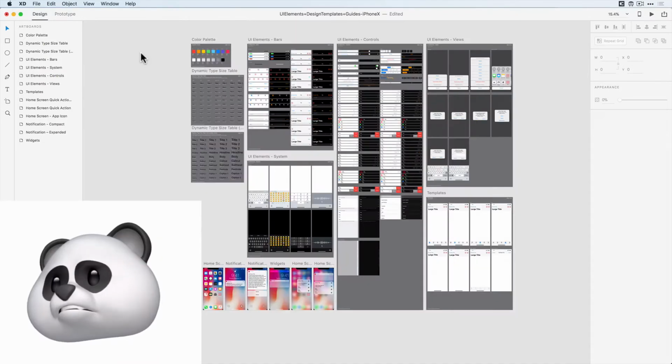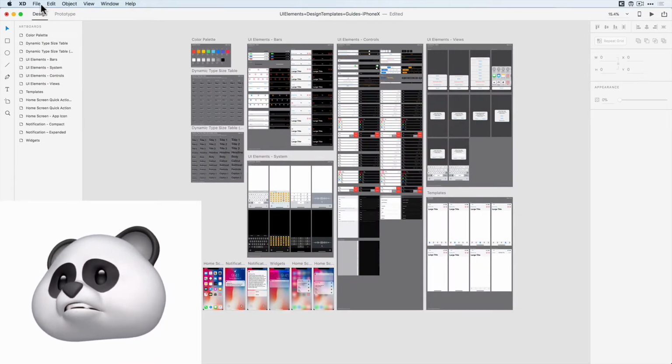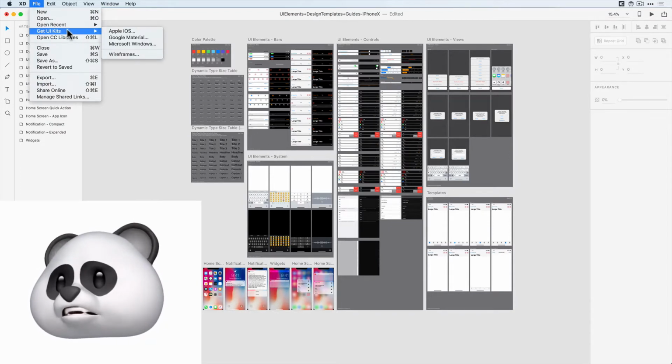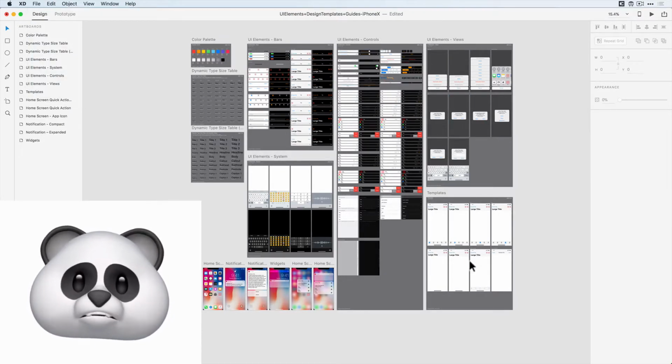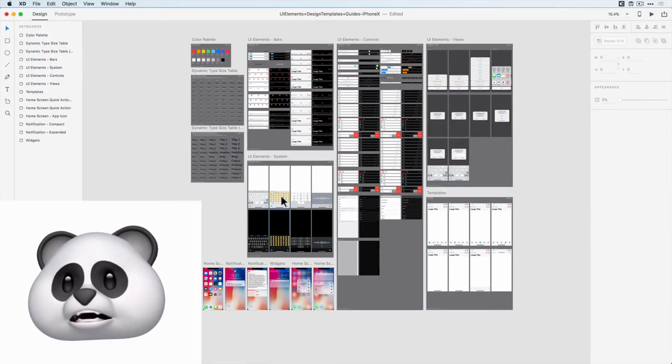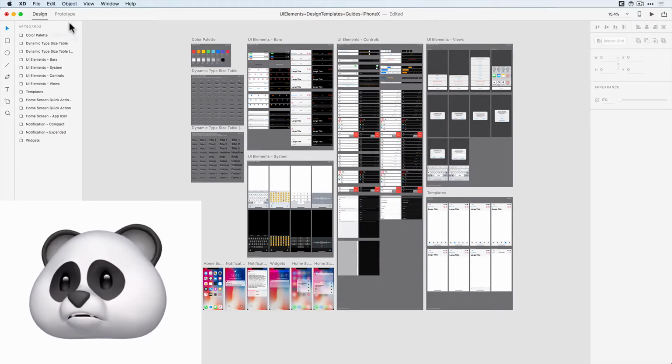Alright, so to get started, we can jump into Adobe XD, and if you go into File and Get UI Kits, you can actually download this file that I have here. This is Apple iOS Kit. So you have a few elements that we'll start out with here, and this is nice. I'm going to copy and paste a few things from here,